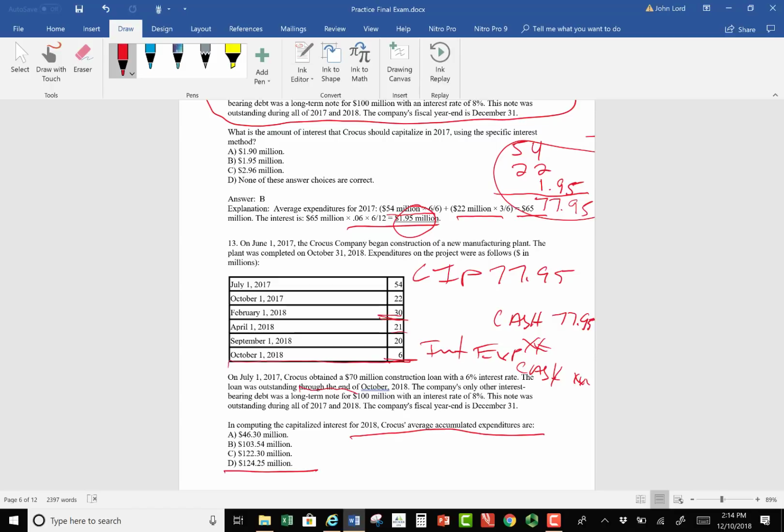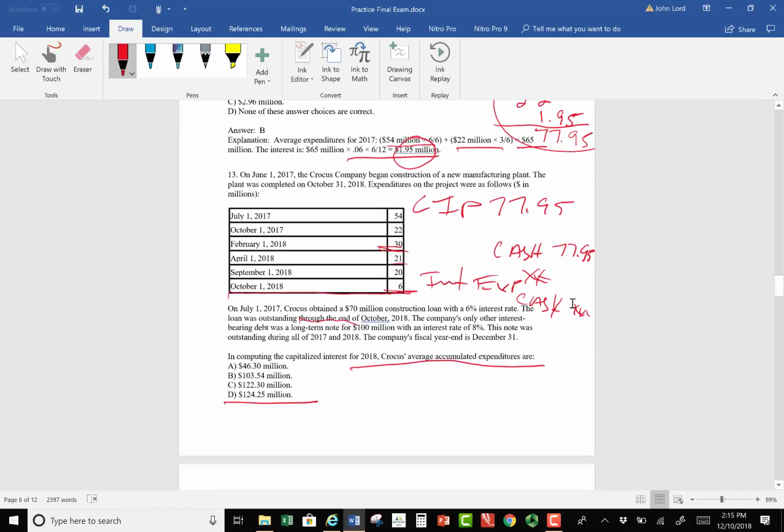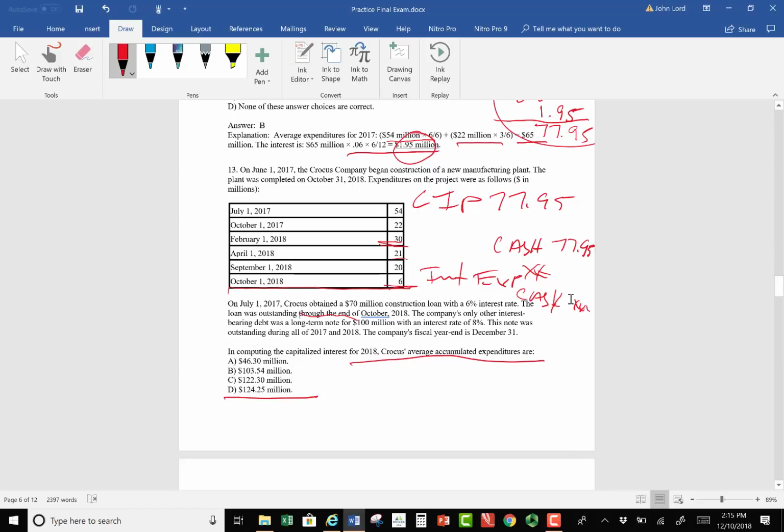So we're just capitalizing that portion of interest that we did by applying the interest rate on the specific borrowing to the weighted average of accumulated expenditures. That amount gets capitalized. Well, that's a purely balance sheet thing. It sits on the balance sheet, doesn't it? But those expenditures are still outstanding as we go into the new year. They were outstanding for what? For the entire